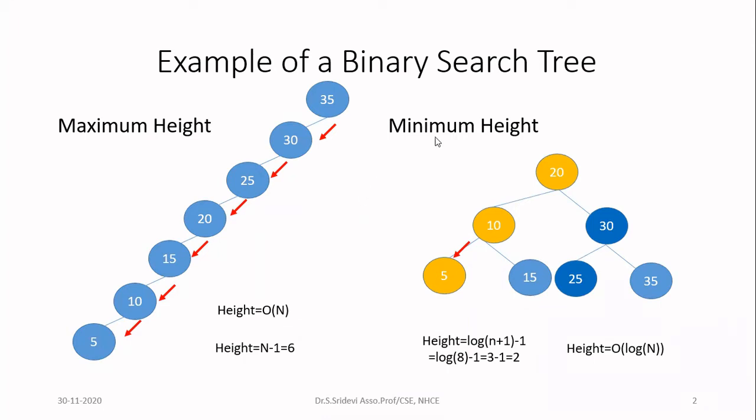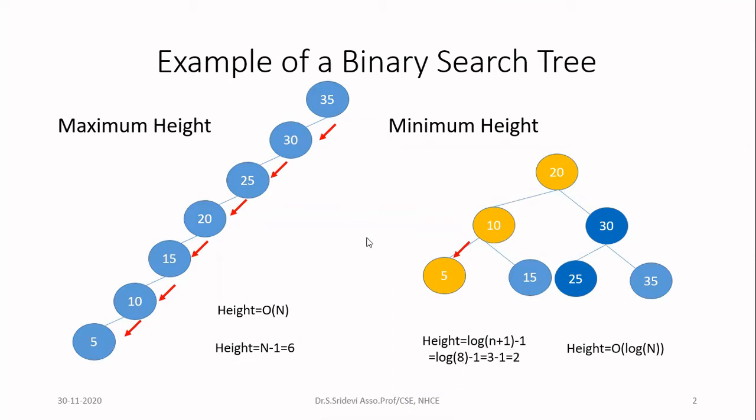And if you consider another binary search tree, here the order of insertion of elements is different compared to this approach. So in this, I have a tree which is having a height of only 2, because I have totally 4 paths. All are having the height as 2. And in this also I have 7 nodes, but the height is 2. So what is the formula to calculate the height in this particular tree? The height is nothing but log of n plus 1 minus 1. So here n is 7. If you substitute in the formula, you will be getting the height as 2.